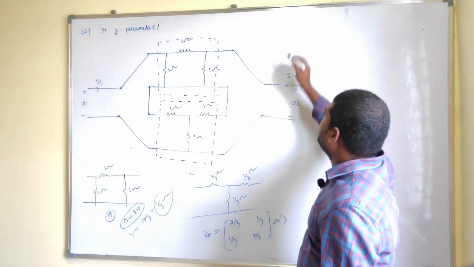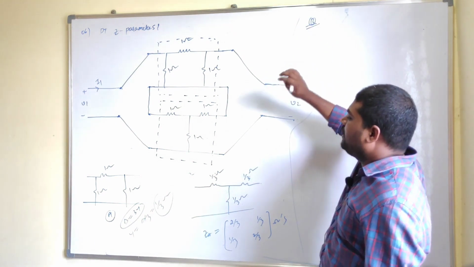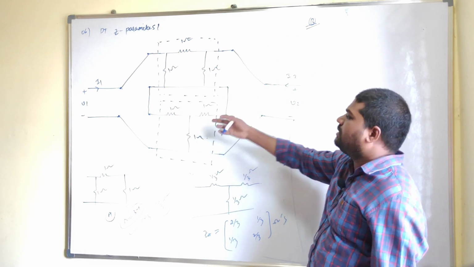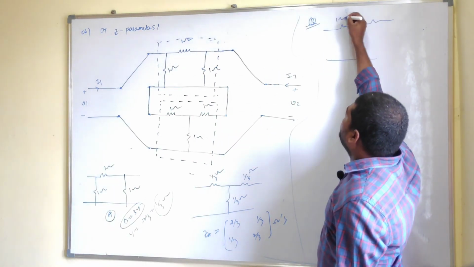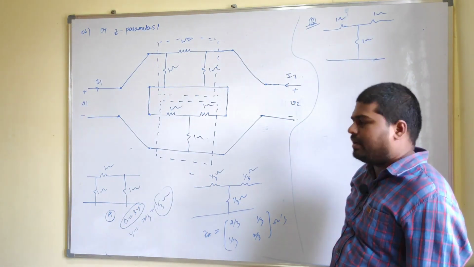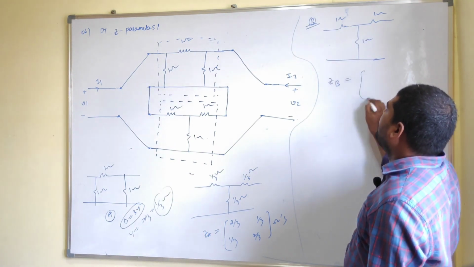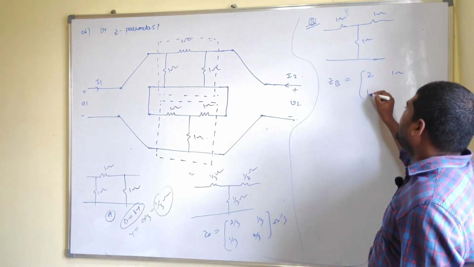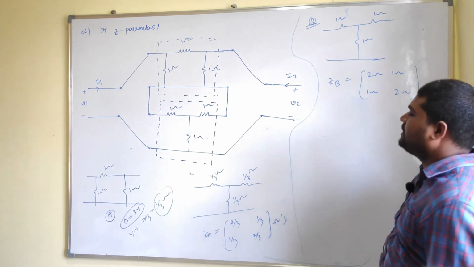Next, the Z parameters for network B. Just apply the Z parameter formula for network B. Here network B is a T model, directly given, with 1 ohm, 1 ohm, 1 ohm. So you don't need to convert anything, just apply the formula directly. That means ZA plus ZC equals 1 ohm plus 1 ohm, that is 2 ohms; ZC is 1 ohm; ZC is 1 ohm; and ZC plus ZB is 2 ohms. This is your ZB matrix.